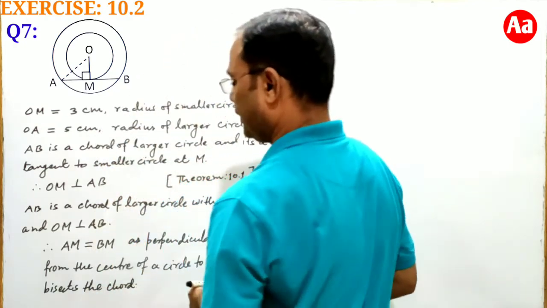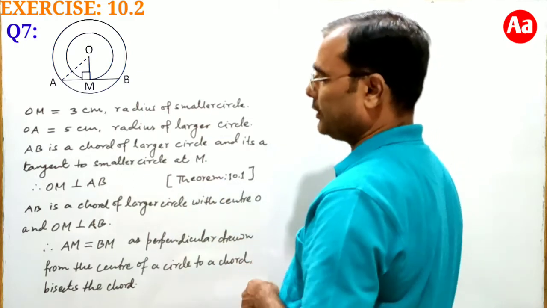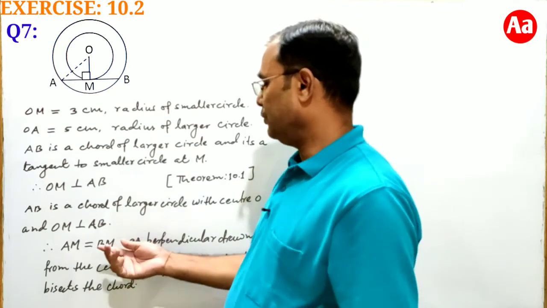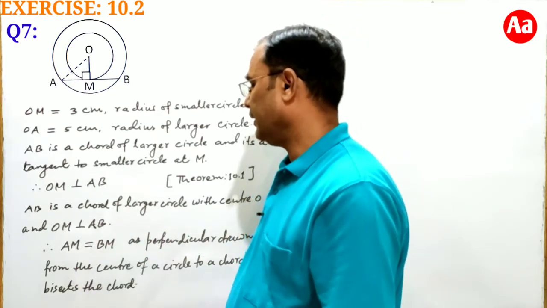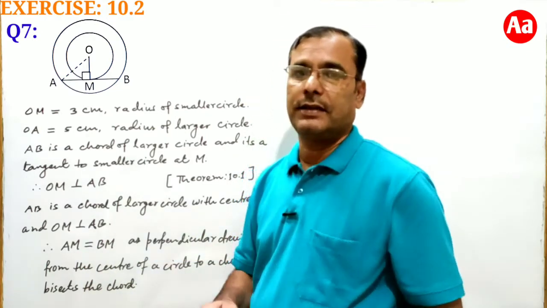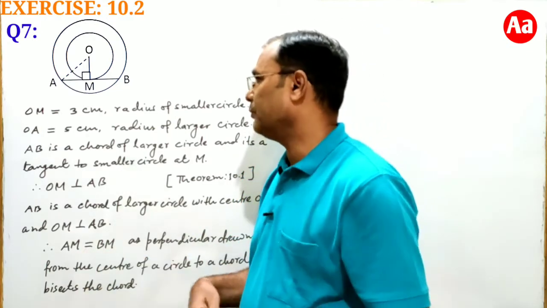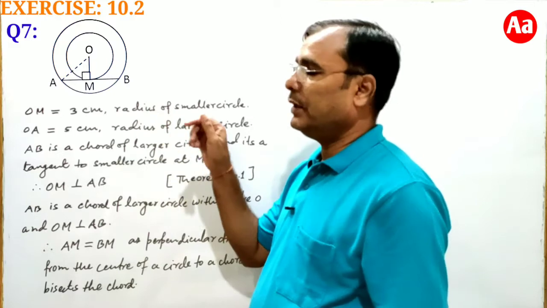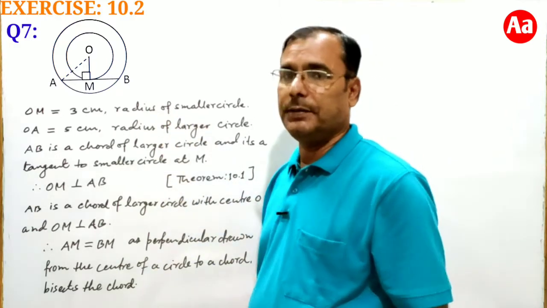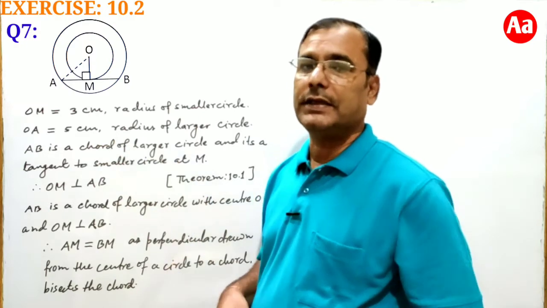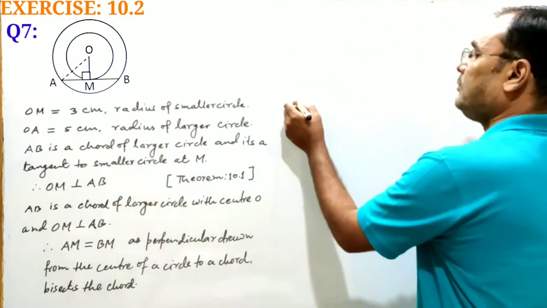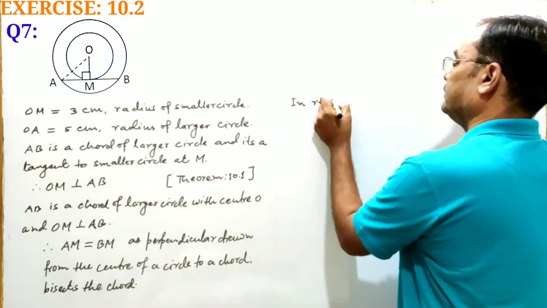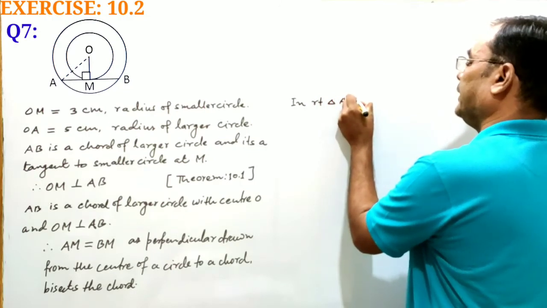So for this reason, OM is perpendicular to AB. OM is the perpendicular drawn from the center of the circle O to the chord of the larger circle AB. That's why OM bisects the chord AB. Therefore, AM is equal to BM. In triangle AOM, as OM is perpendicular to AB, triangle AOM is a right triangle. So, in right triangle AOM,